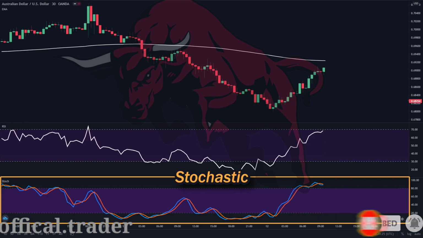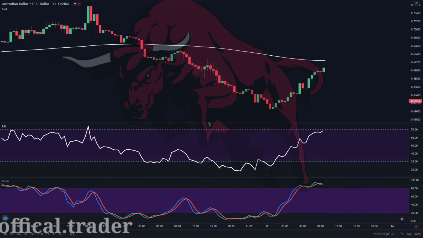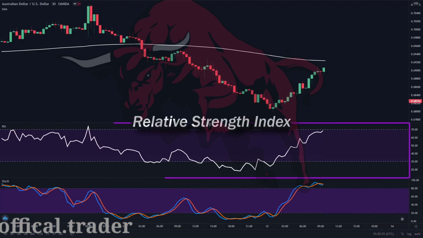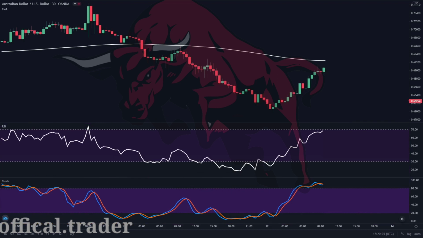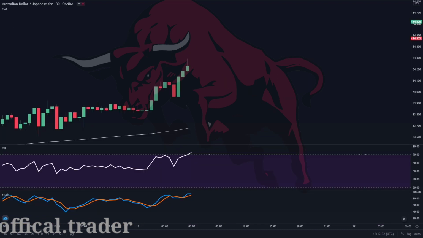And this brings us back to the first part of the video, which is the 200 EMA, RSI, and stochastics combination. So this is how the strategy works. The first step is you want to look at the position of the price. In this case, it's above the 200 EMA, meaning we're searching for bullish hidden divergences.